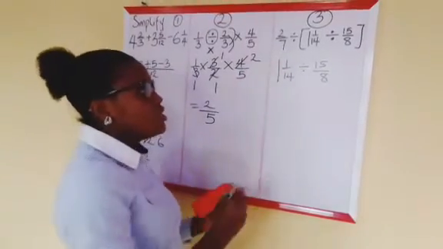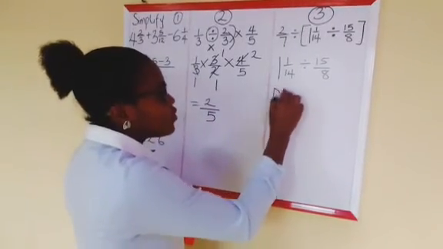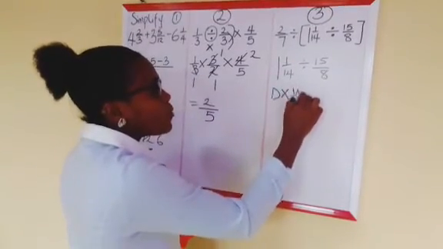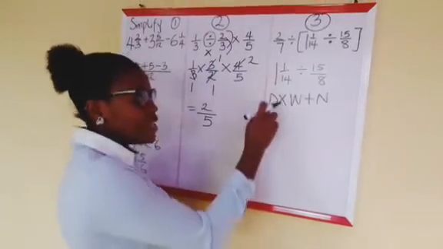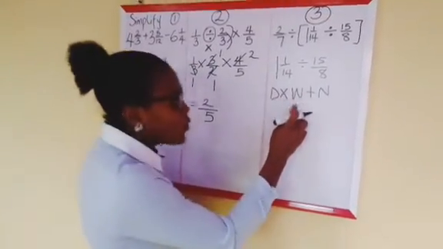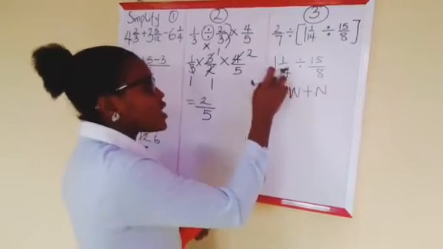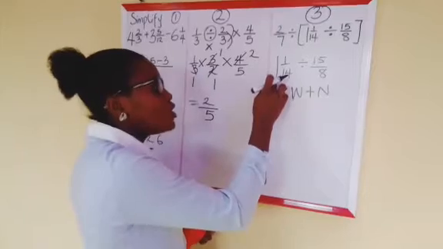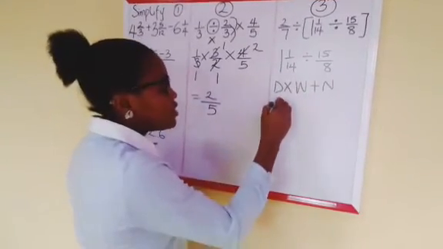Now, changing it to an improper fraction, you multiply the denominator by the whole number, then you add the numerator. Denominator times whole number plus the numerator. So the denominator times the whole number: 14 times 1 will give us 14. 14 plus 1 is 15. So you have